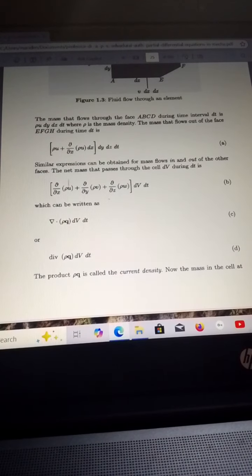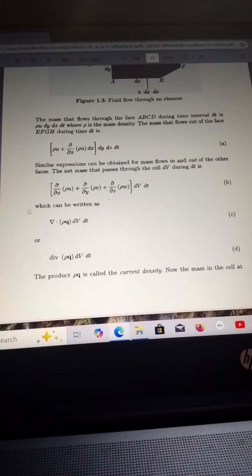So you take the mass input plus the mass output times the z, the other component that was in the x,